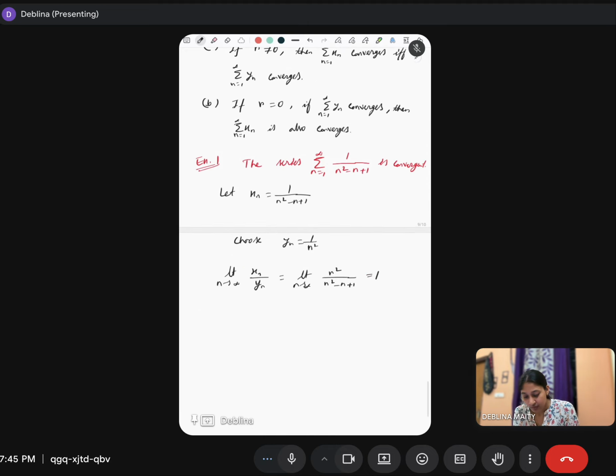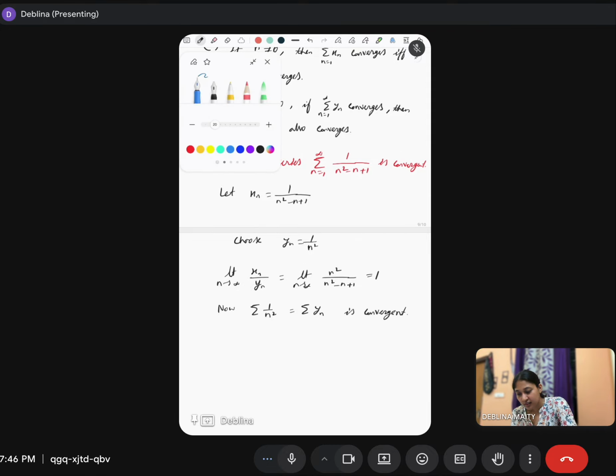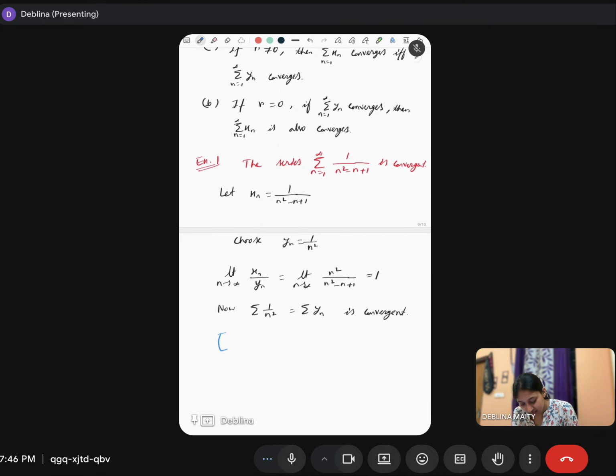Now this sum of yn is convergent. Why? Because the series, the summation from n equals 1 to infinity of 1 by n to the power